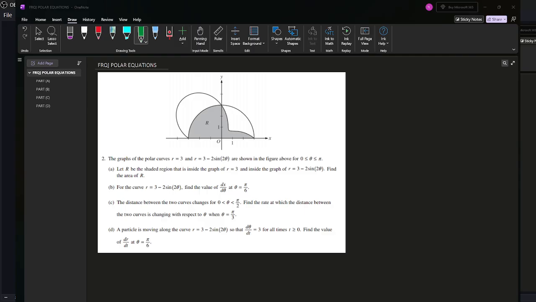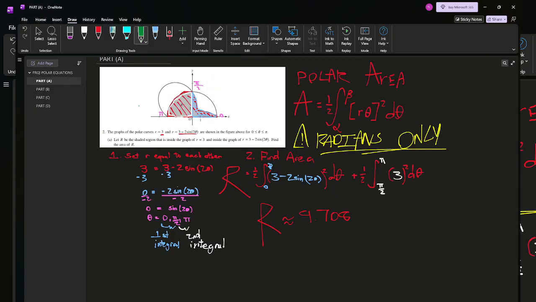We're going to review the FRQ for polar equations. So let's do this real quick. Let the graphs of the polar curves r equals 3 and r equals 3 minus 2 sine 2 theta be shown in the figure above for 0 ≤ theta ≤ pi. So for part A,